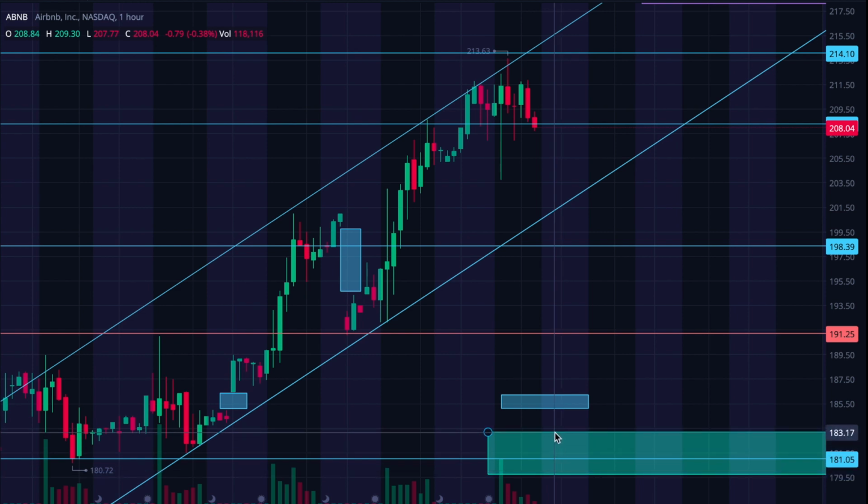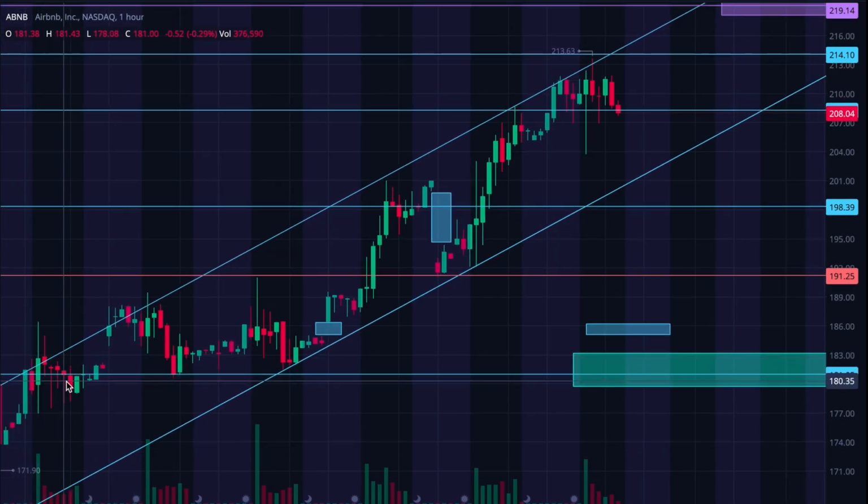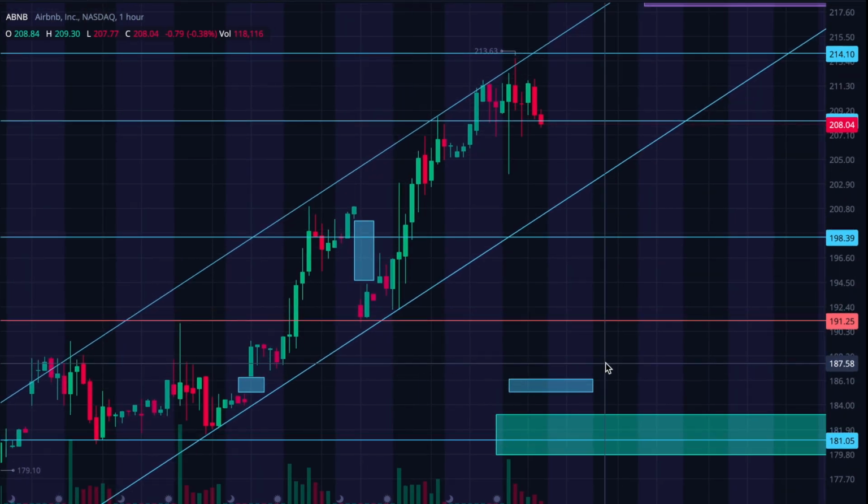And this also lines up with this 181 support zone in the middle. This, to me, should be really strong support because there's several levels back here as well that line up with that price. So that's what I'd be looking for on the dip side of things,